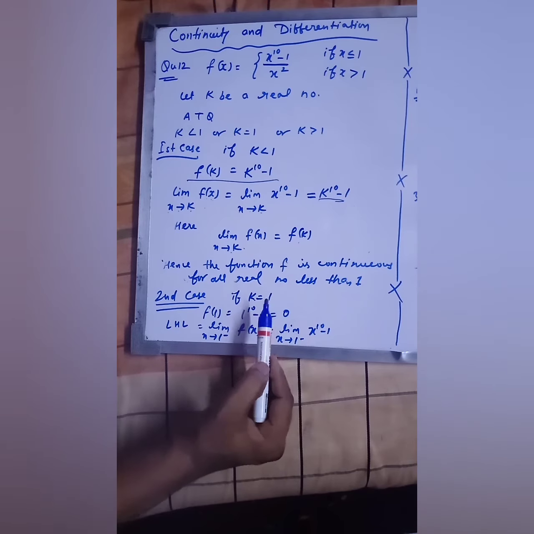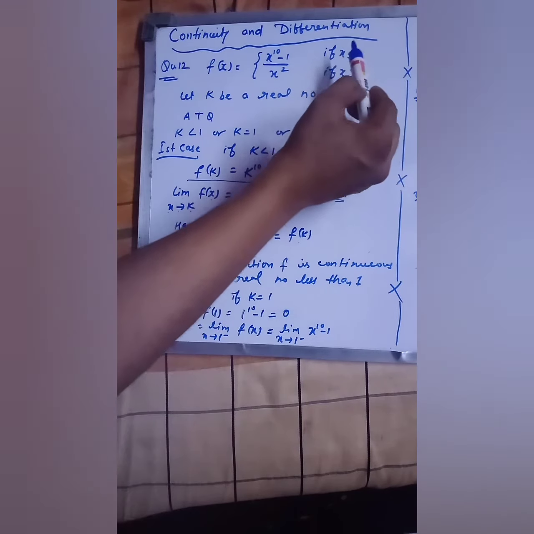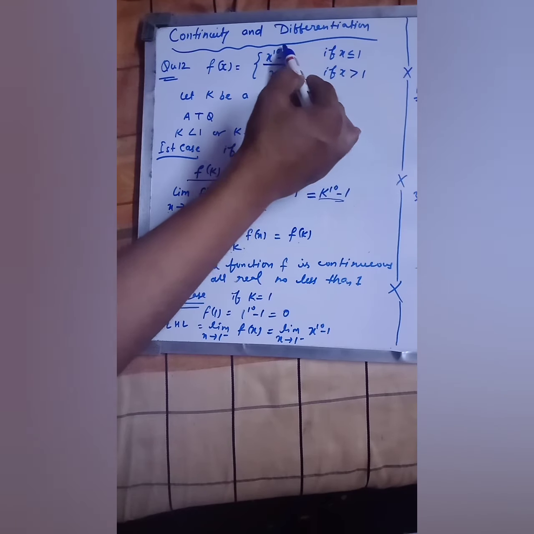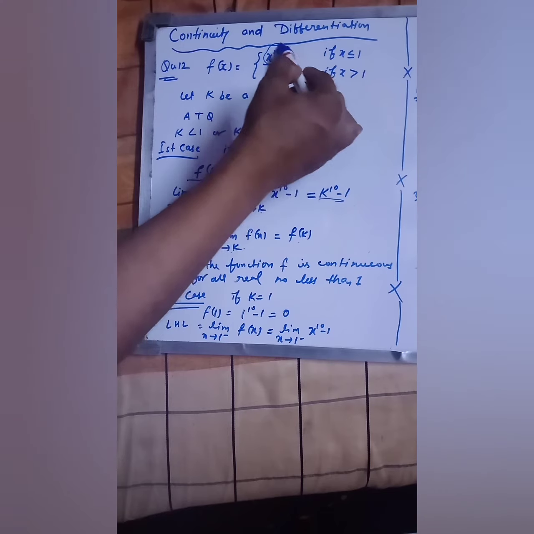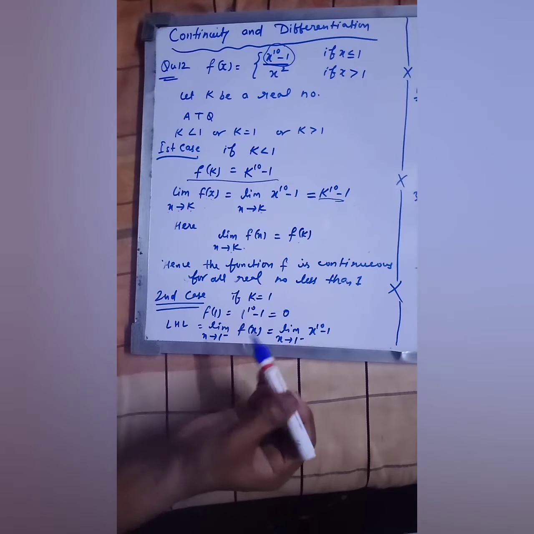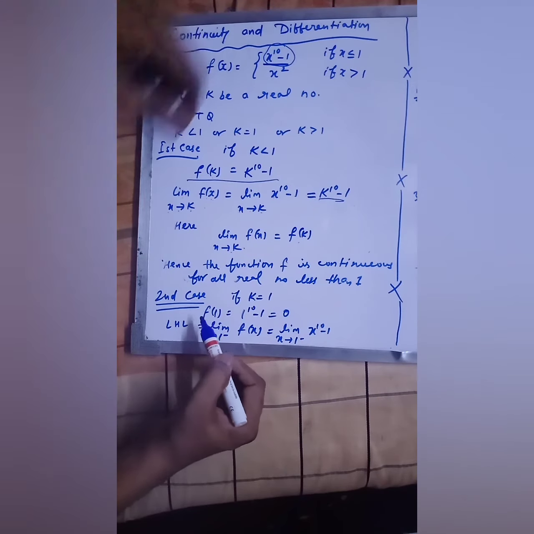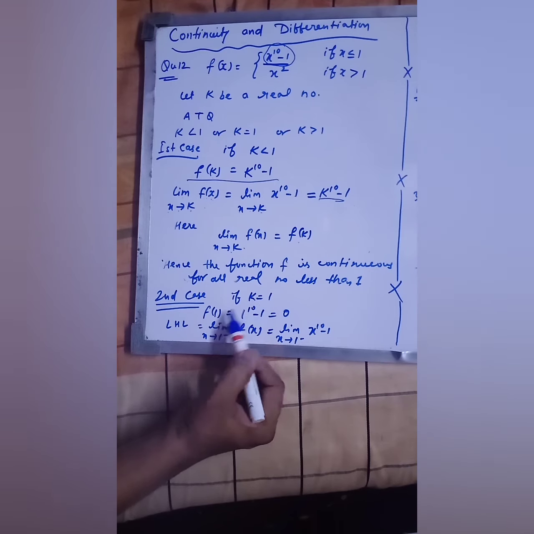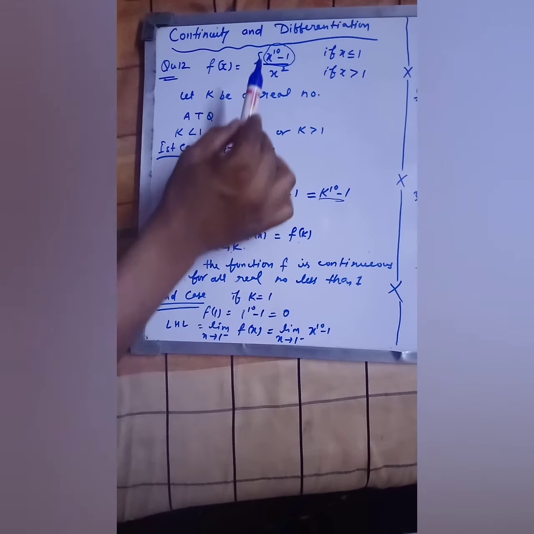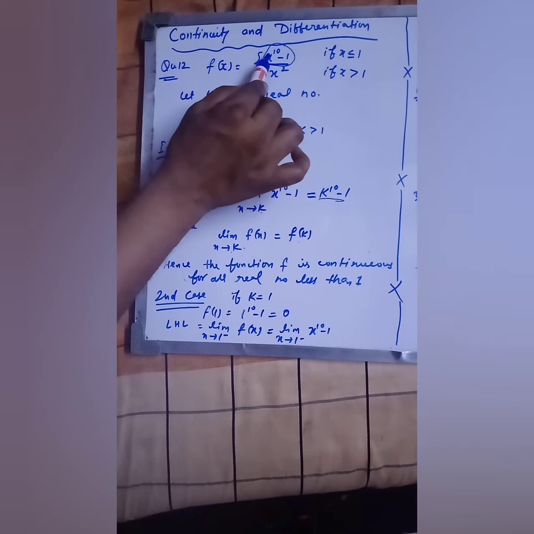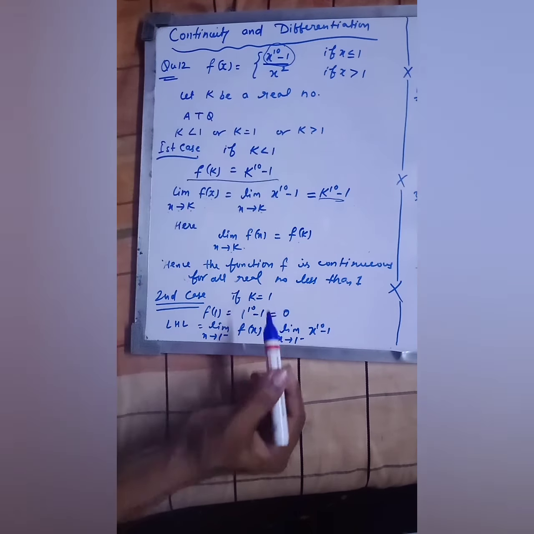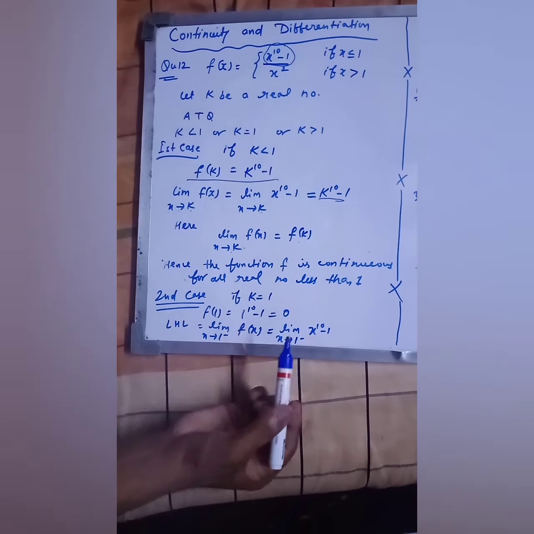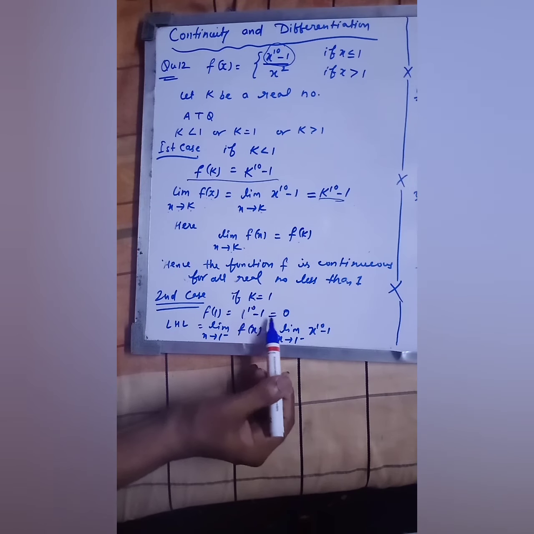First of all, we find the function which you take in place of f(x) when k equals 1. So here it is. You take the same function, this one, when x is equal to 1. So I am finding the value at x equals 1. f(1) will be: you take this function and in place of x you put 1. So it would be 1 raised to the power 10 minus 1, like this. So it will be 0.